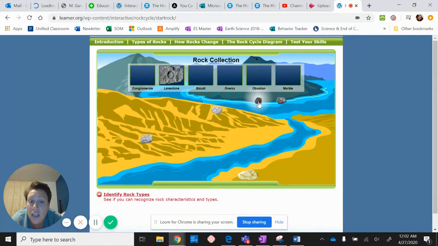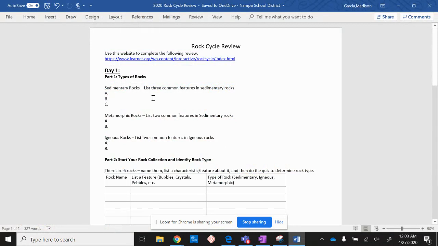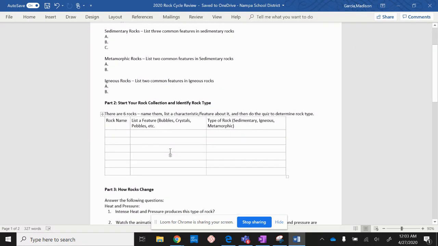But again, you guys are going to be clicking through. You're going to want to read the information because after you're done collecting your rocks, there's going to be a little mini quiz for your activity. Okay, so as you're going through this website, you are going to be filling out your worksheet. So we're going to list the 3 common features of sedimentary, metamorphic, and igneous rocks, which you should have seen from the beginning. The rock that I clicked on first was limestone, so I'm going to be typing in limestone here,